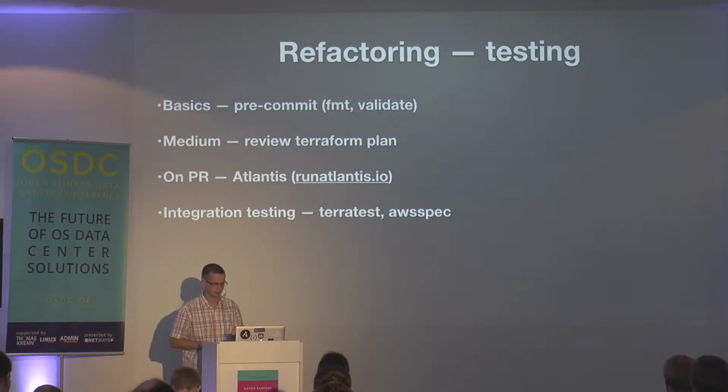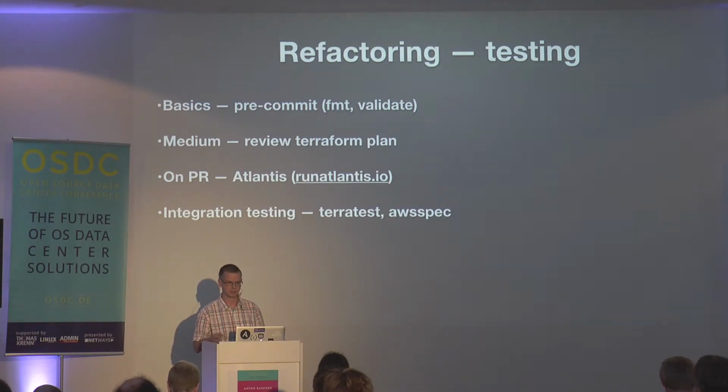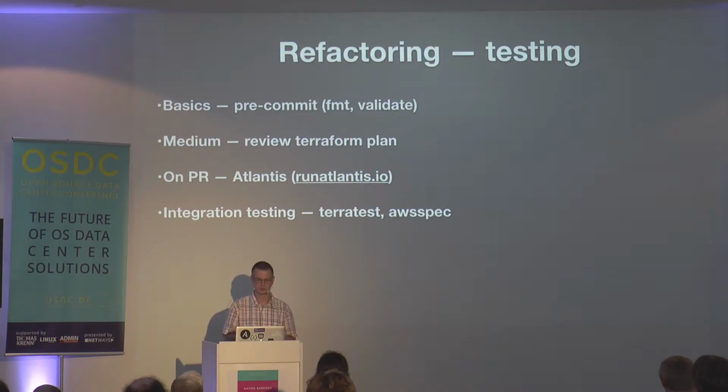So testing in Terraform is pretty tricky. It's, again, a very greenfield area because there are not so many tools which can satisfy everyone. So the basic thing is, we don't want to discuss spaces versus tabs. We just want it to be done for us, and we never talk about this. The second thing is, in a pull request, we don't want to ask, have you run this code yourself? So that's why there are tools like Atlantis, which can execute the Terraform configuration which is in a pull request, and make sure that this is what's going to be applied.